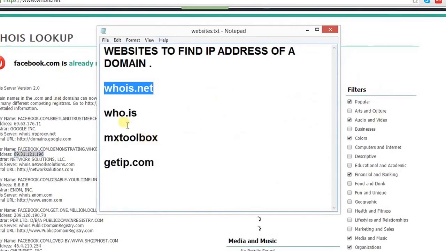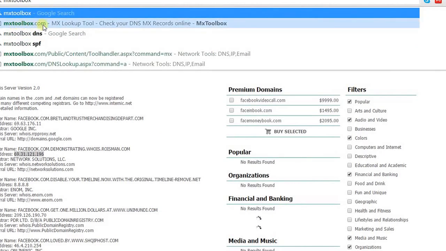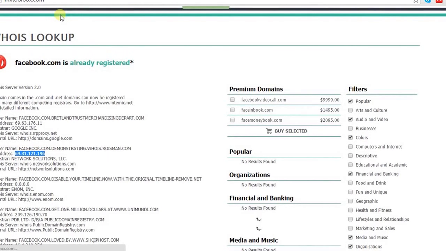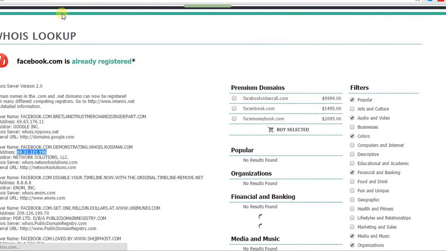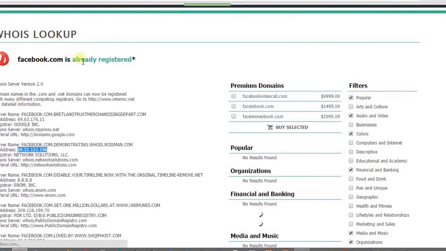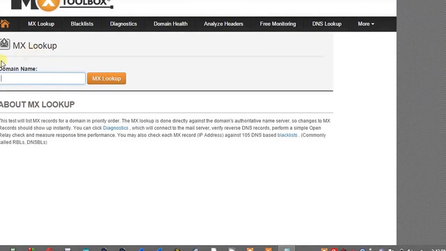Let me show you another website, MX Toolbox. Okay, it's mxtoolbox.com. You can use this website.